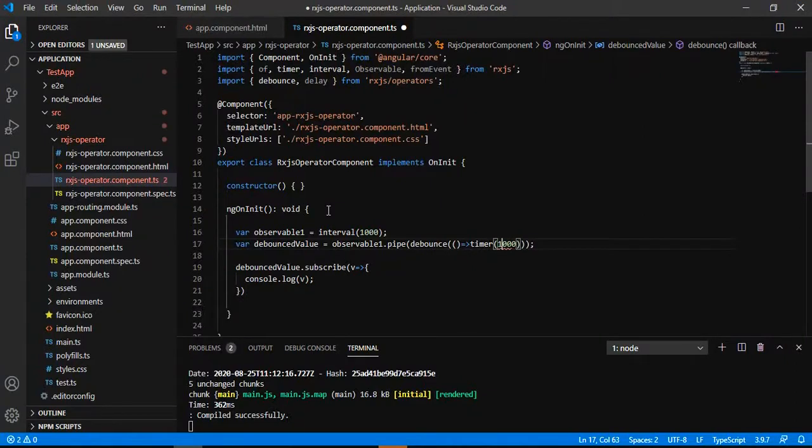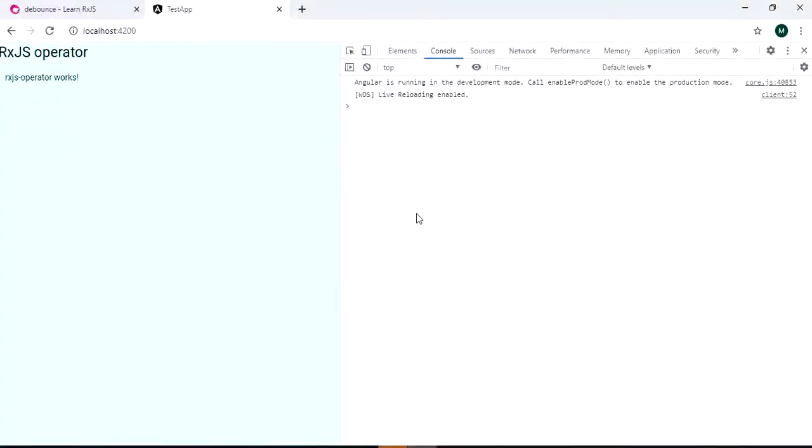Now I am giving the debounce time of 1 second for this particular observable, and we will see this is not emitting any values.